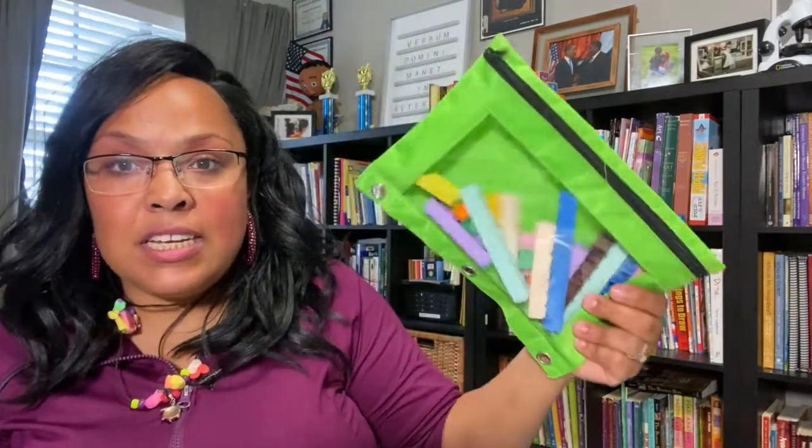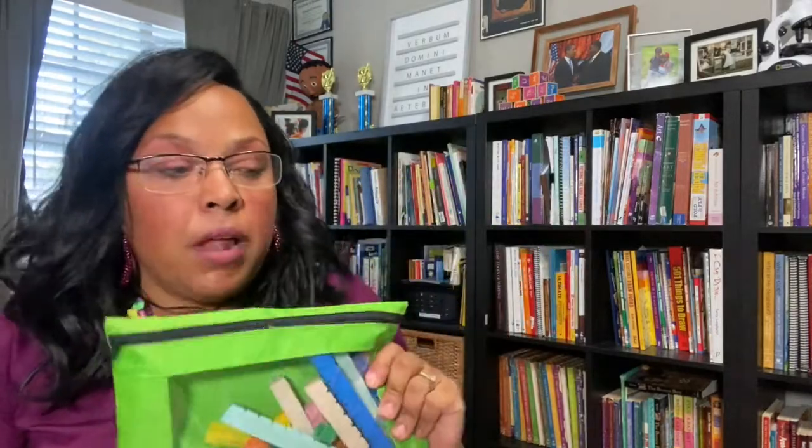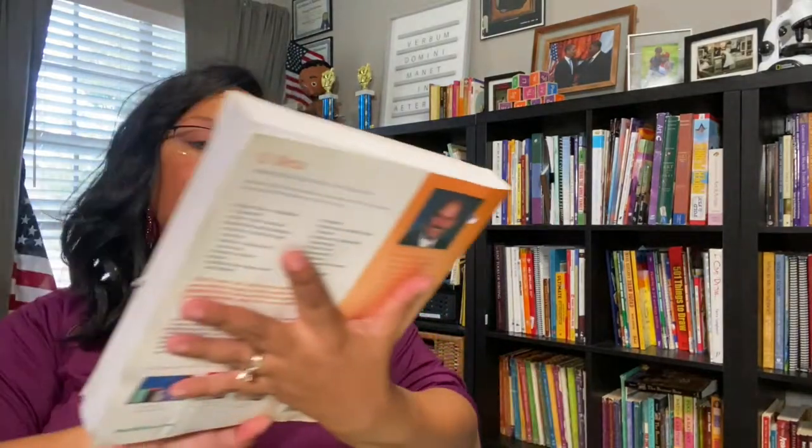I would sort these out into little pencil pouches from the dollar store, so each kid didn't have to fight over the 6 block. They had one in their bag. So again, Alpha is addition and subtraction. Beta goes into